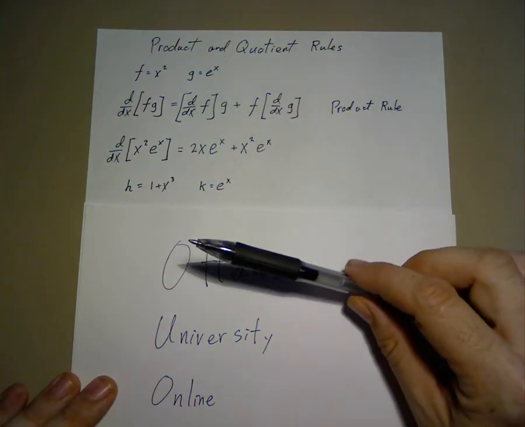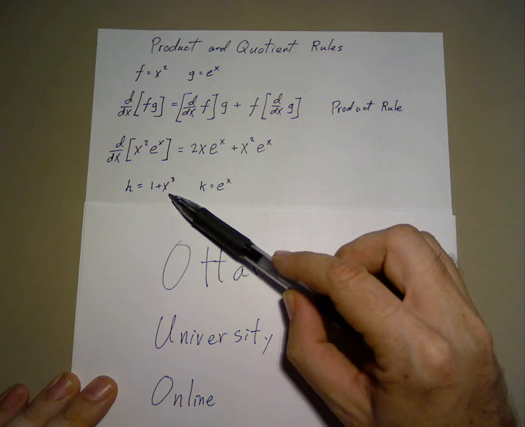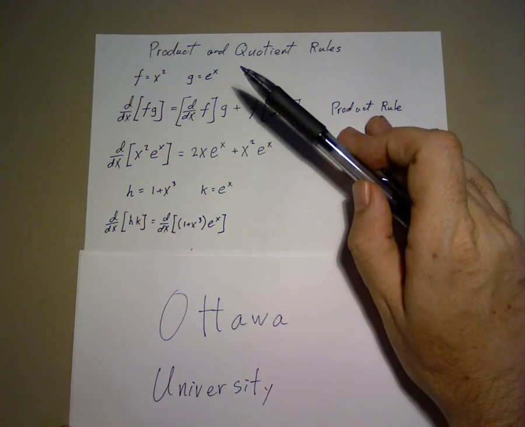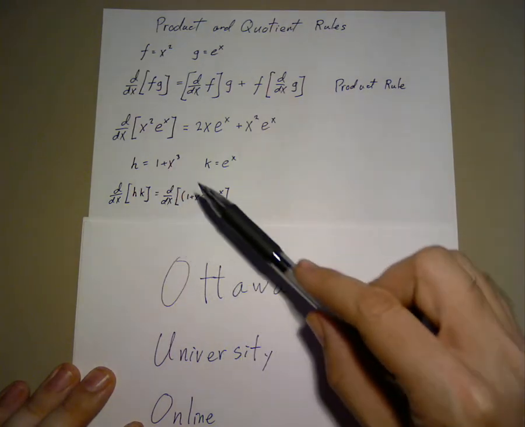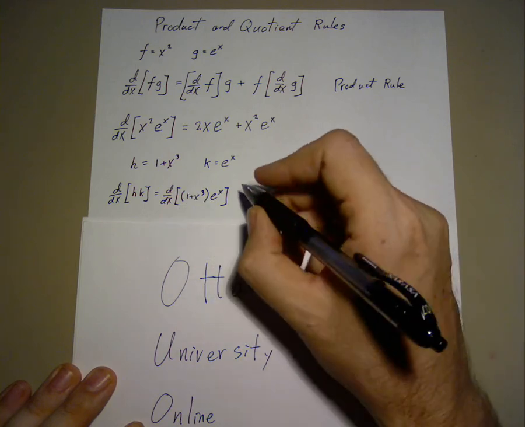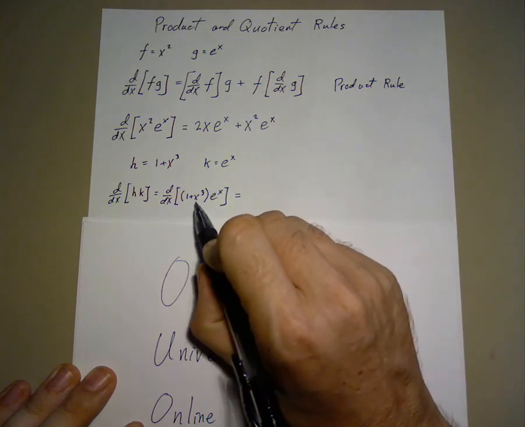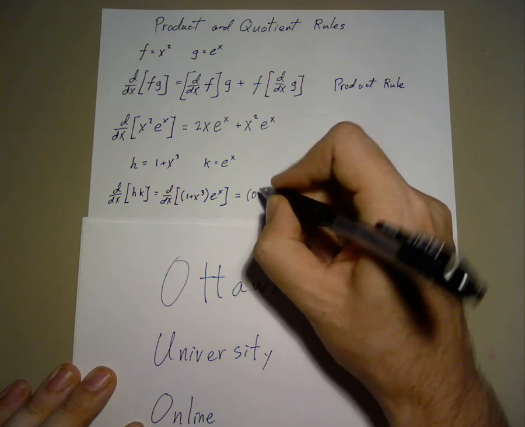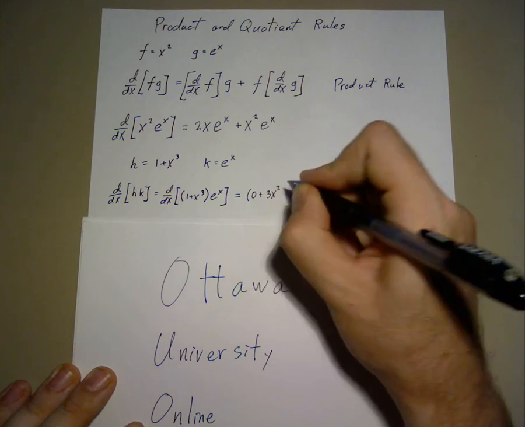If we want to try a different example, we'll let the function h be 1 plus x to the power 3 and k equal e to the power of x. The derivative of h times k is the derivative of 1 plus x cubed times e to the x. To evaluate this, we first take the derivative of 1 plus x to the power 3, which is, the derivative of 1 is 0. The derivative of x to the power 3 is 3x squared